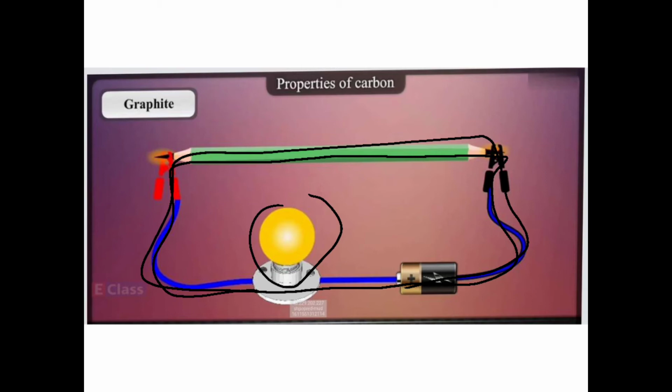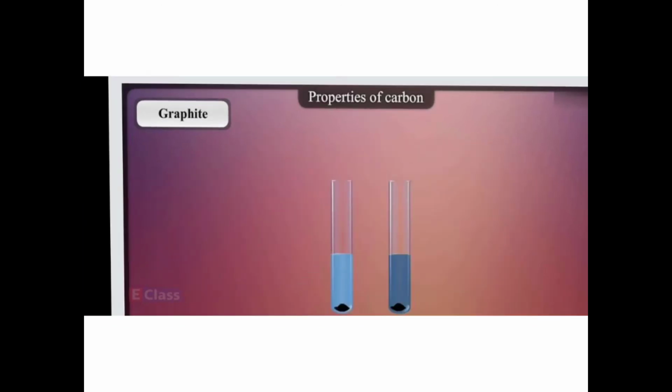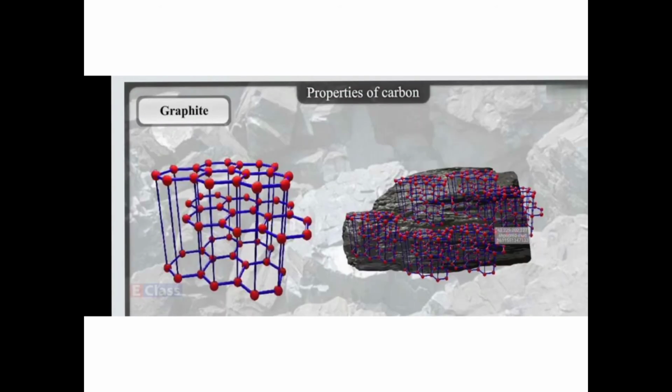Sorry, not dust particle, lead dust in both the test tube and you can have a similar type of experiment. Now let us understand about the properties of graphite. Graphite is found in nature which is black, soft, brittle. The pencil tip breaks, right? So if it falls from a certain height it breaks, right? So it is soft and brittle.